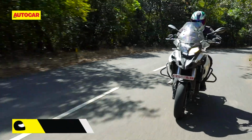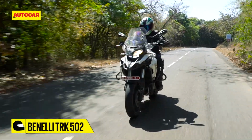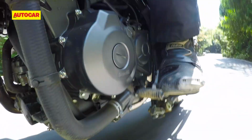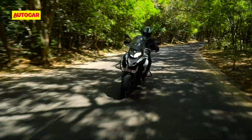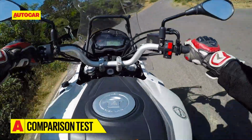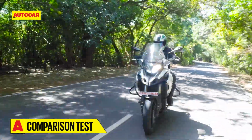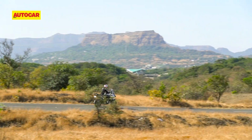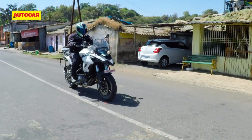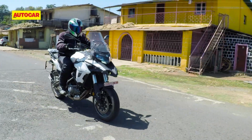To begin with, there is that howl it produces, which makes it sound like a 4-cylinder motorcycle, and then there's a 6-speed gearbox which is really smooth. Having ridden the TRK for nearly 900 kilometers in a day, I'm now qualified to tell you that it can do 100 kilometers per hour at 5000 RPM in 6th gear, as easily as it can do 140 at 7000 RPM. That's rather good, and then, just like the Versys, it doesn't heat up your legs even in traffic, which is a good thing for people who